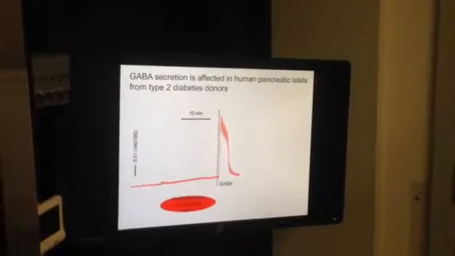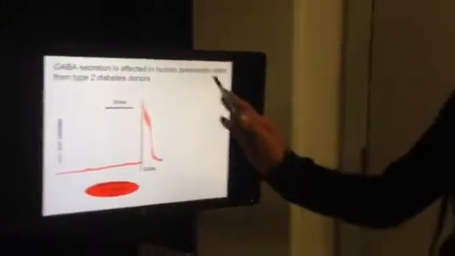So we started thinking that GABA is important because there is no GABA in type 2 diabetic patients. As a control, we used KCl at the end of the experiment to show that the islet was alive and viable, in the presence of KCl, and then this is what should